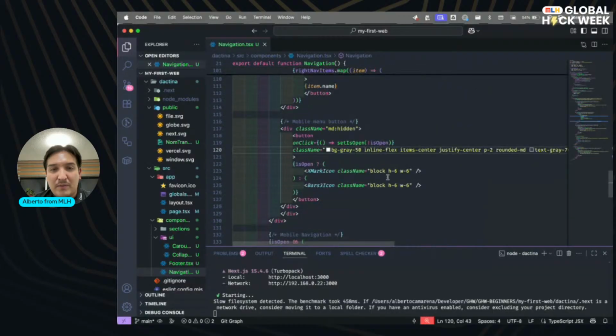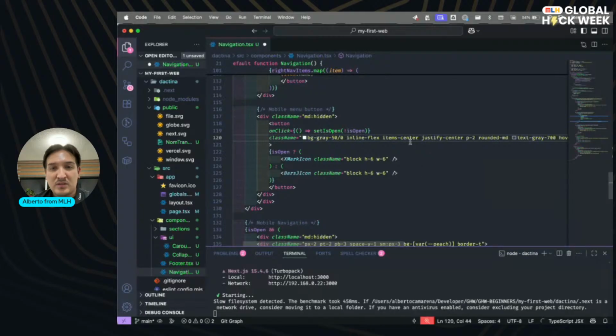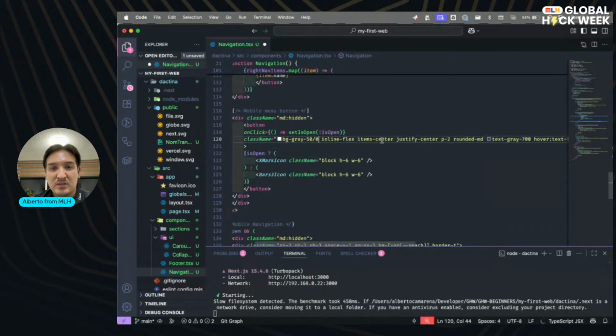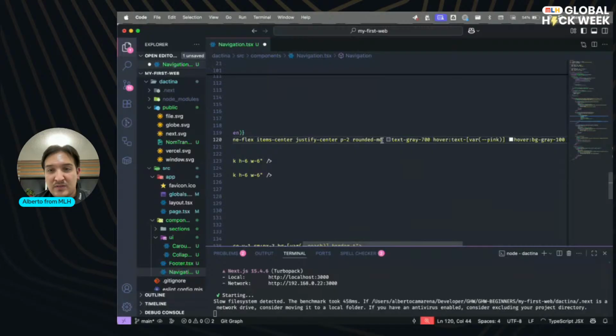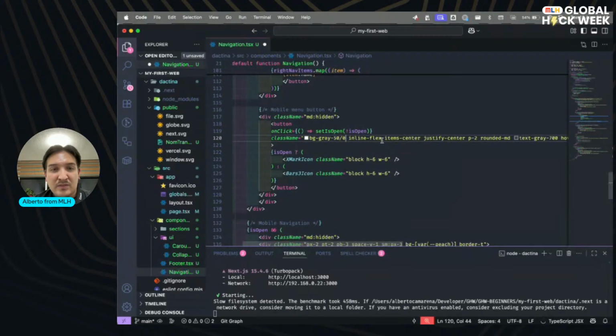Background gray 15. No, same. Zero. Well, we'll change that later. Don't worry.